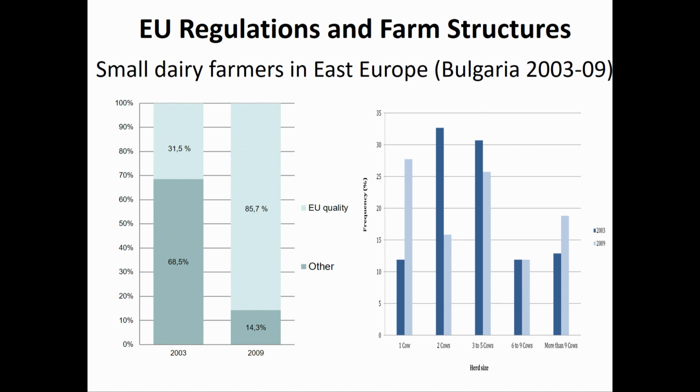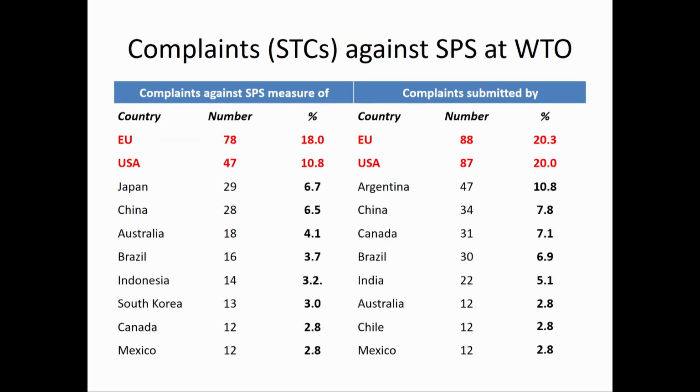And among the ones that were still there, you see kind of a dichotomy: some fall back on pure subsistence farming, just keeping 1 cow, and the rest grows, becoming fully certified and basically having larger farms. And so the impact on the quality is very dramatic as well in a short time period.